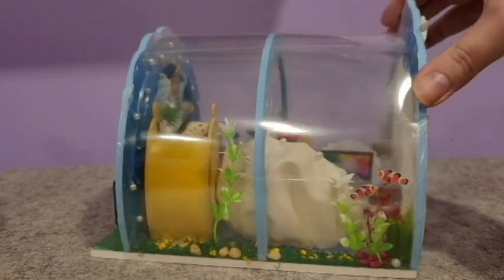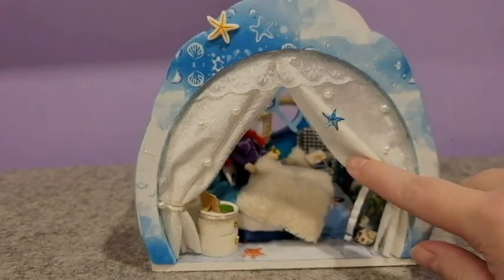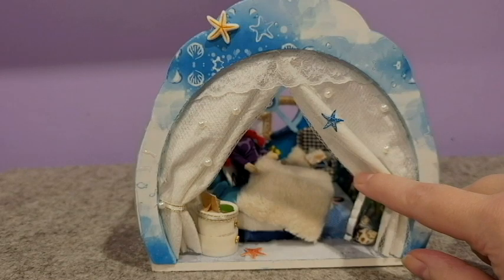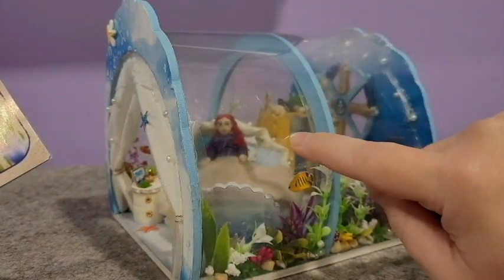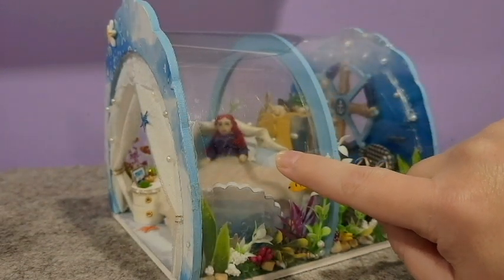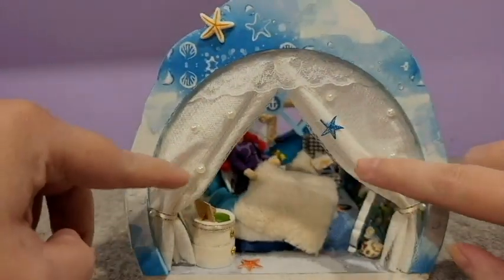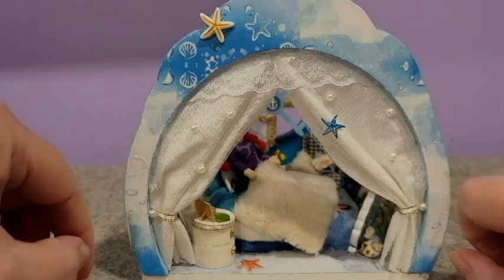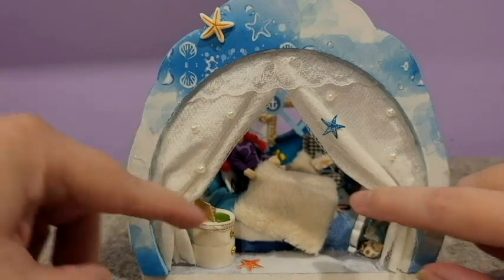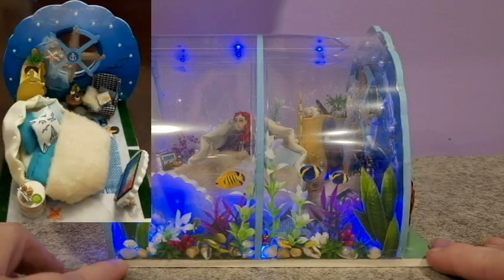So that's that side. Oh yeah, the other big thing I changed was the curtain. It was intended to be blue. I think it was the same fabric that this came from. If I remember correctly, it was a bigger piece of fabric. But I didn't like what that looked like. So I went with white. I had some white broadcloth left over from another project. So I used that. And I'll put up some photos somewhere around here on the screen so you can see